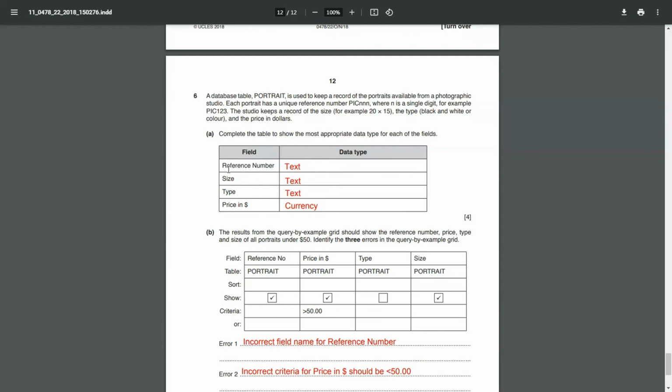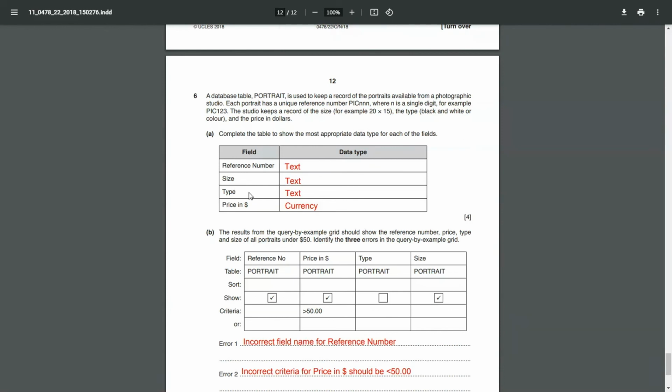So the field reference number, the data type that will be best suiting for this reference number would be a text, because if you look back in the question, they have said that the reference number is a combination of numbers and characters. So the best suited thing would be a text, and then for the field size, the best suited data type will also be text.